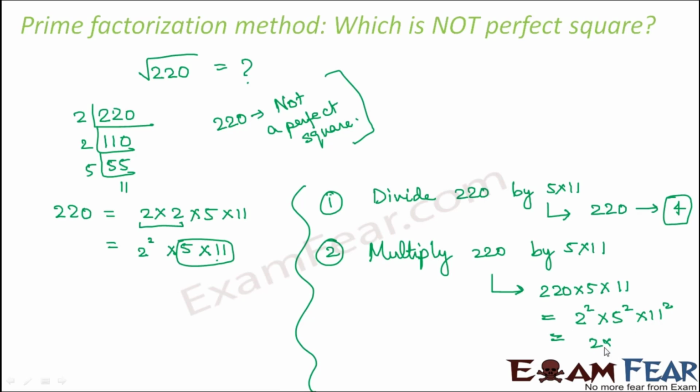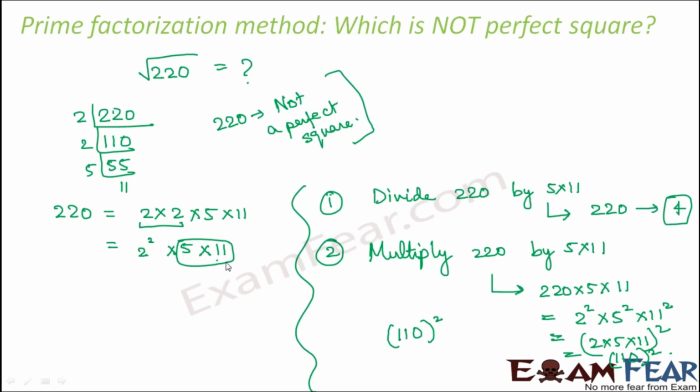So this becomes 2 into 5 into 11 whole square. That is 110 whole square. So if you follow the second option, you get 110 whole square, which is a perfect square. If you follow the first option, you get 2 square, which is 4, which is a perfect square. So therefore, for a non-perfect square, if you ever come across this situation where when you prime factorize a given number,